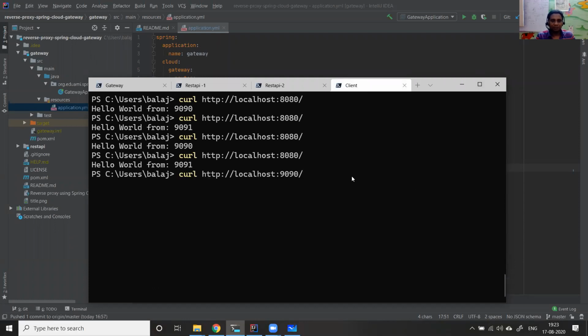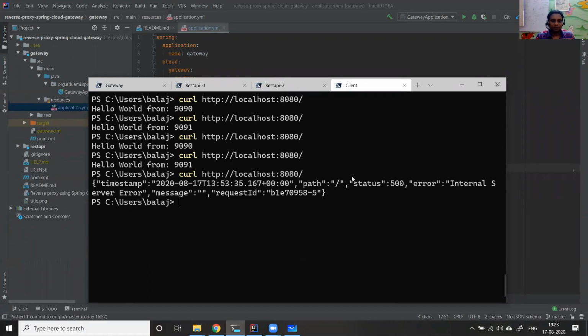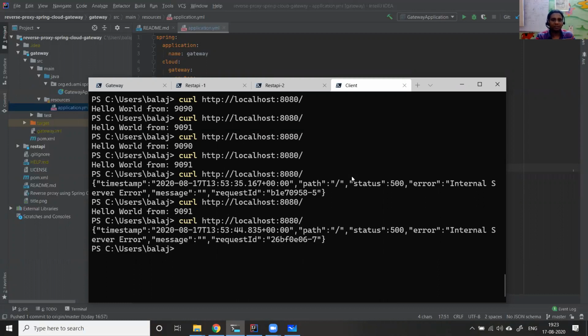Sorry, 8080. See, it got an error. So the Tomcat running on 9090 is dead, but the Netty is still serving requests, forwarding that request to the Tomcat. It's trying. Obviously, if the server is down, it shouldn't forward that request, right? It has to do a load balance, but it's not perfectly doing it. So these were the drawbacks with this integration.